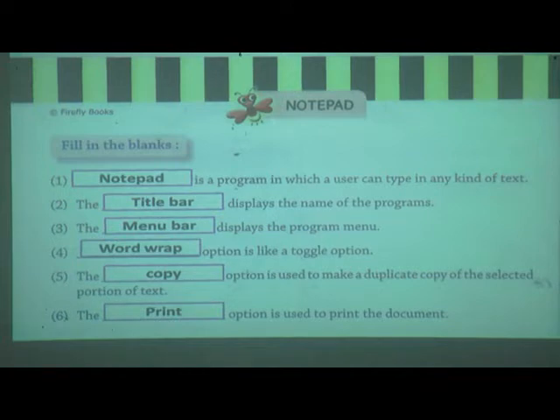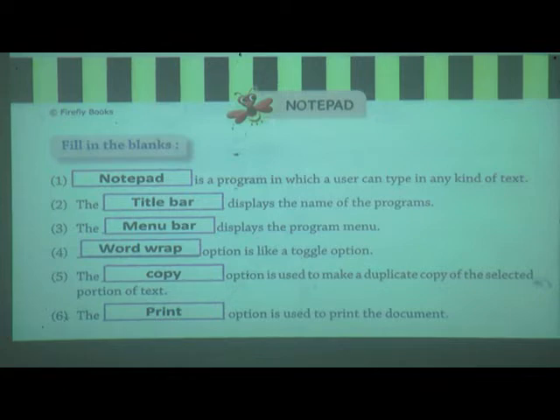And read with me from first. Notepad is a program in which a user can type in any kind of text. The title bar displays the name of the programs. The menu bar displays the program menu.